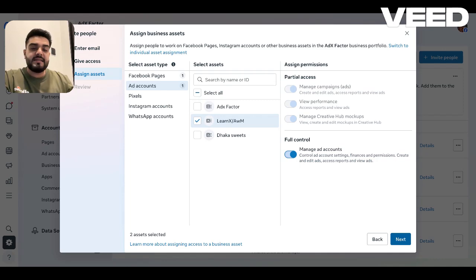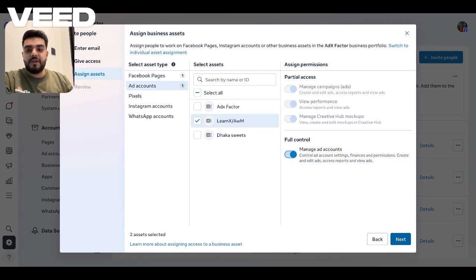So that's all, and stay tuned because I will be uploading more videos on how to give access from different platforms within Facebook, and there are different ways to give access to someone, to your employee or anyone working with you. So we have covered how to give access to a Meta page. Number two, we have just now covered how to give access from business portfolio. Now, in the coming series, I will be giving you information on how to give access directly from